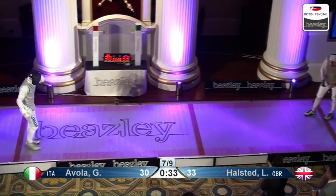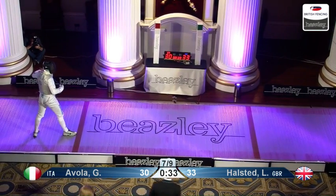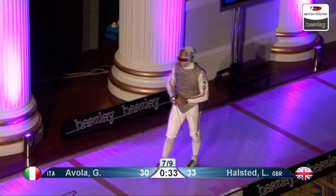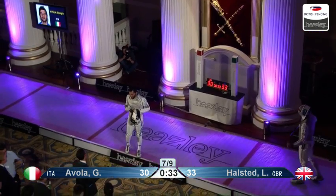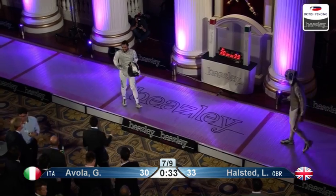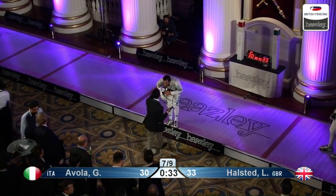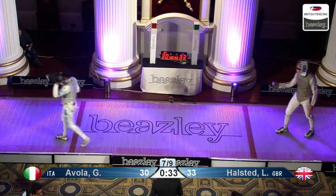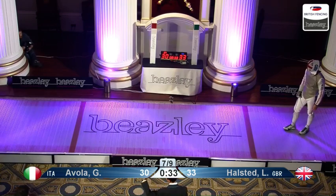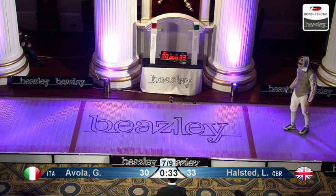And how did he get that one? I think he actually got the point. I just think he lost his foil there. He even extended through that. I see Vola's point there. He's saying that even though Lawrence dropped his foil, you have one action to get it off, and